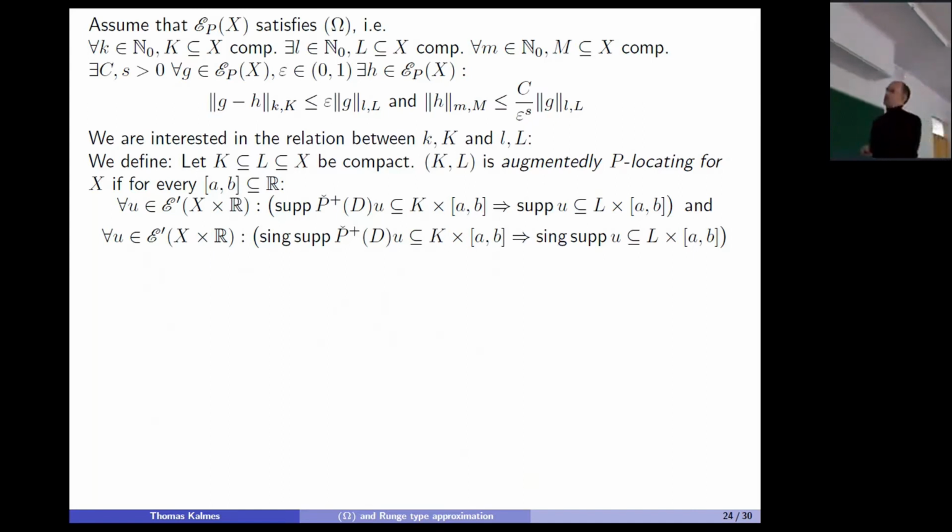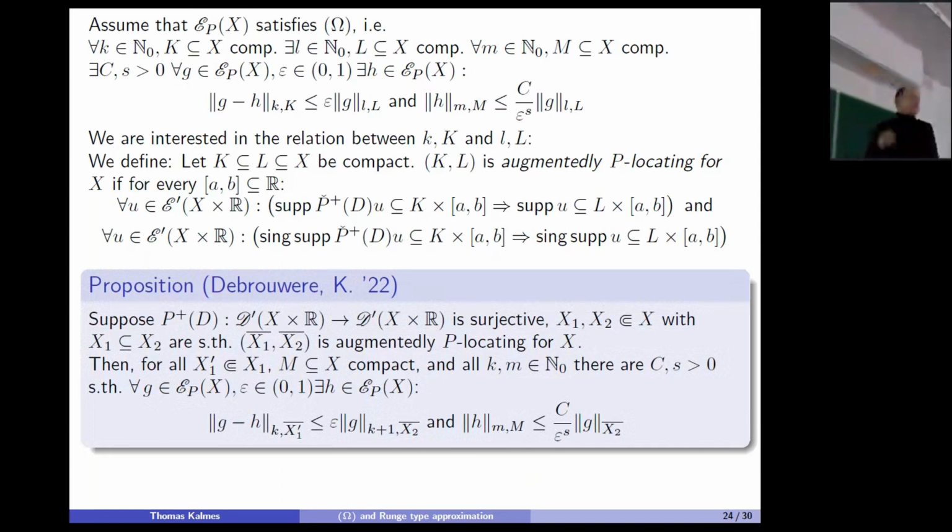And the reason why this notion is interesting is the following proposition. So assume that our augmented operator is surjective, and that we have two relatively compact open subsets X1 and X2 of X, X1 contained in X2, such that their closures are augmentedly p-locating. Then we have the following. We can choose an arbitrary open subset of X1, the first one of our augmentedly p-locating pair, with the property that the closure of this X1 prime is contained in X1, and then for an arbitrary compact subset M of the large open set X, and arbitrary orders of differentiation which enter into the semi-norms, we find some constants C and S such that we can approximate,